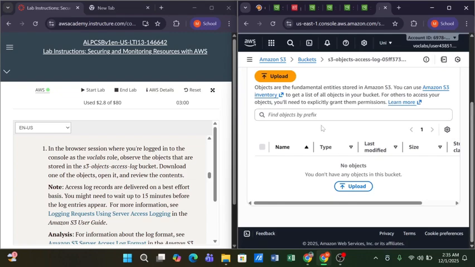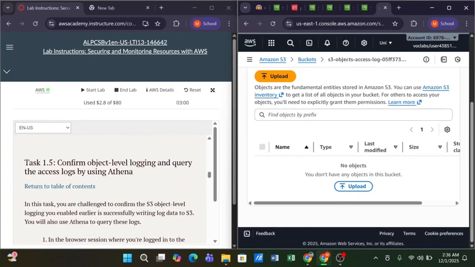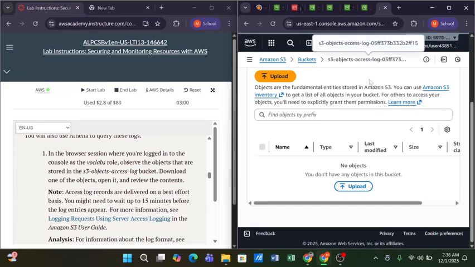All 6 of those objects were selected, but should be getting log details in it. Objects that are stored in this